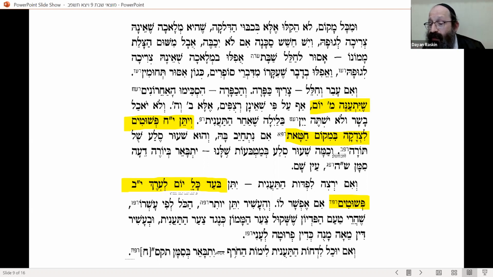So now, if someone put out a fire on Shabbos, if it was not to save a life, it was just to save property, then you're not allowed to be mechalel Shabbos, even though it's a melacha sheenah tzricha legufah. You don't have any benefit from putting out the fire. And he says, even if it's an issur derabbanan, like techum, you're not allowed to be mechalel Shabbos to save money. Then he says, if a person was mechalel Shabbos, he needs to have a kapara,